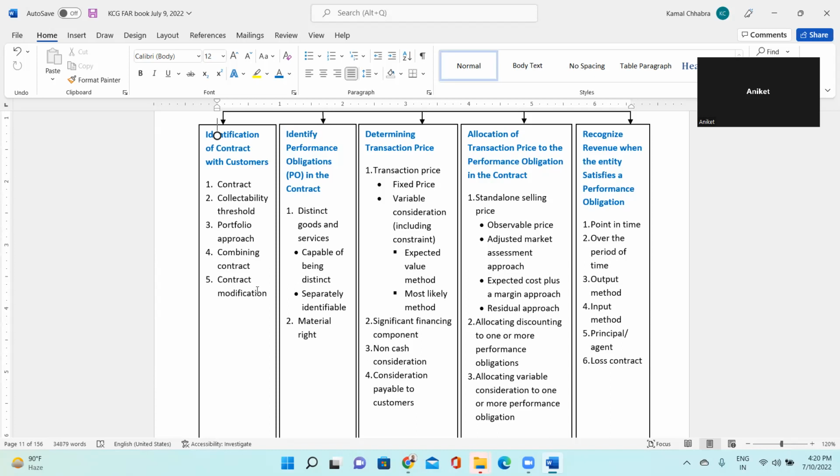Okay. Next is allocating discount on one or more performance obligation. So for example, like the market value MRP of the laptop along with the operating system, Windows system, and antivirus and backpack, these 5 things is, let's say, $1,000. Now it's a Black Friday sale. Have you heard about this term before? Black Friday sale?